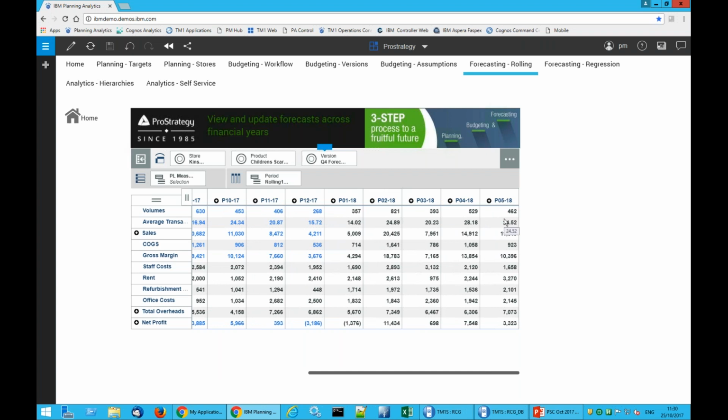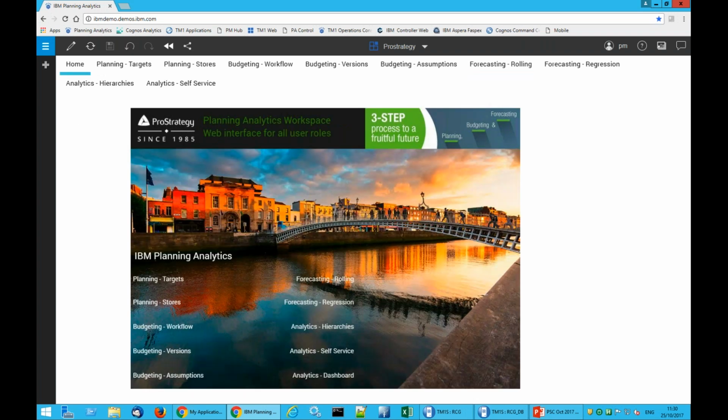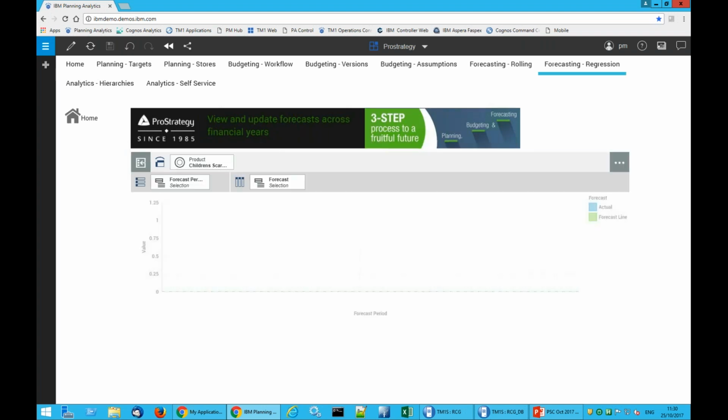Okay, so that was a brief overview of planning, budgeting, and forecasting. I now want to move on to the theme of analytics. And to begin with, I'm actually going to talk about forecasting again. So we've just seen how it can be done relatively manually by combining actuals and budgets and adjusting these to create a forecast. I just very quickly want to show you how you can use Planning Analytics to do regression